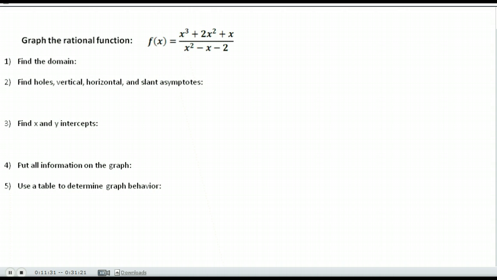All right, here is yet another problem. And I'm noticing that this one probably